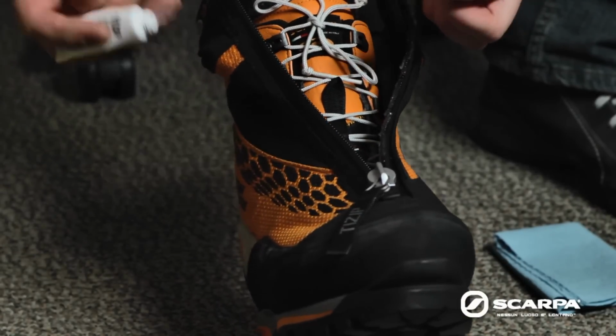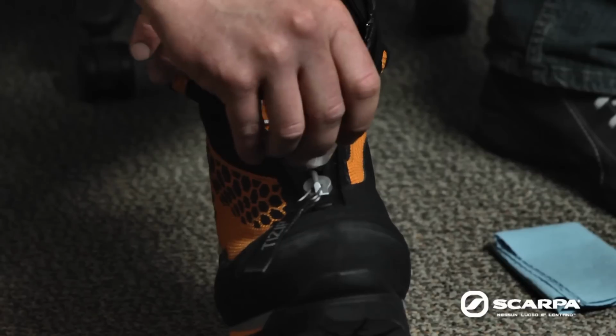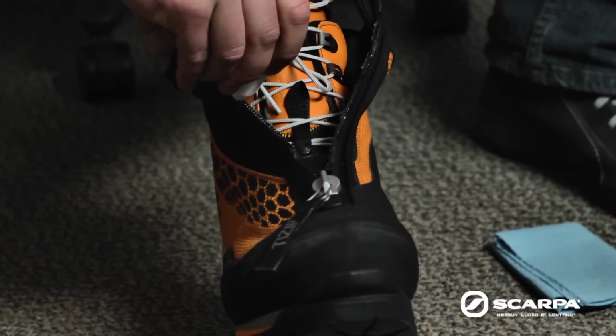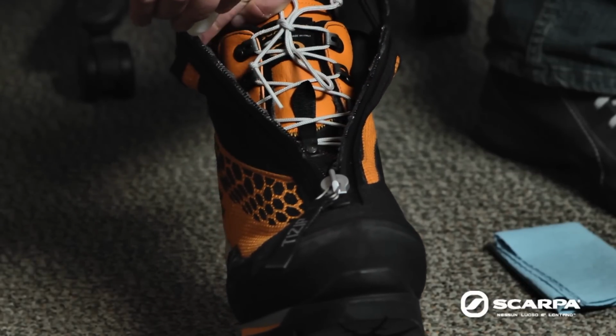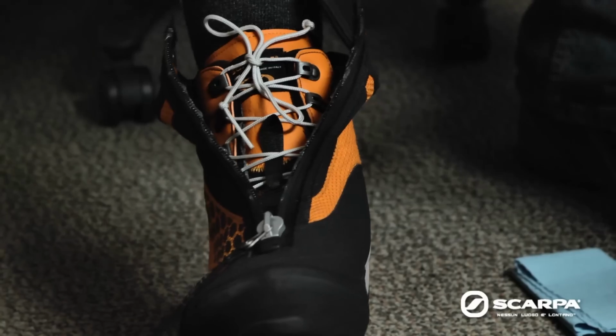Oops, got a little too much here. Doesn't have to be super neat or clean. Just make sure you're covering each individual tooth that's on the zipper. Okay, now that we've got a good layer on there,